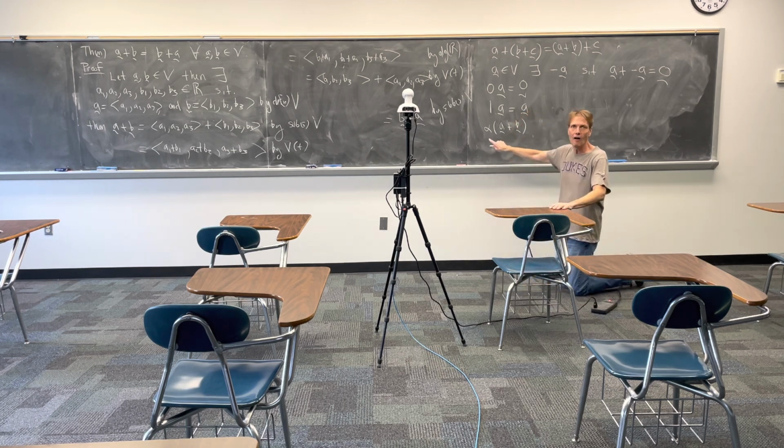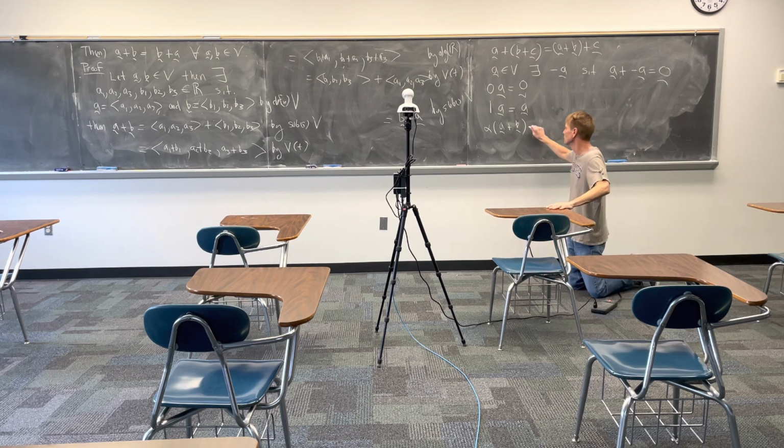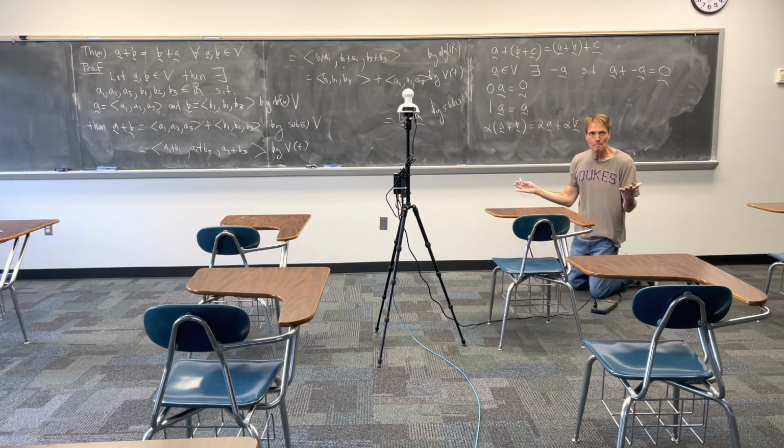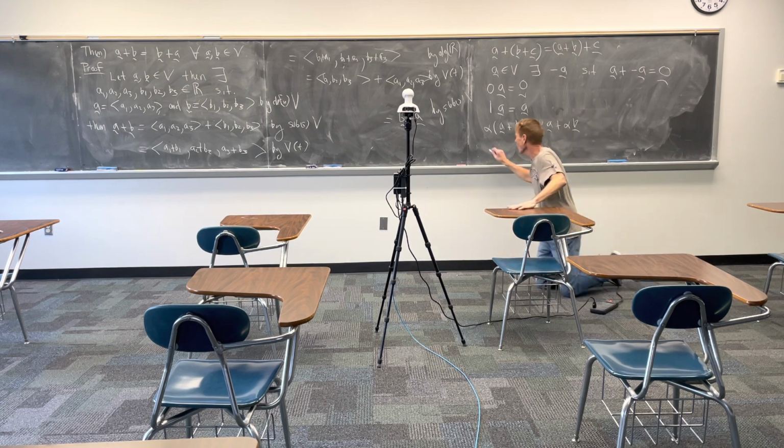How about if you did alpha times A plus B? This is your favorite property. What vector do you think you can show this is equal to? Yeah, your distributive property. It's even better. There's two distributive properties. You also have,